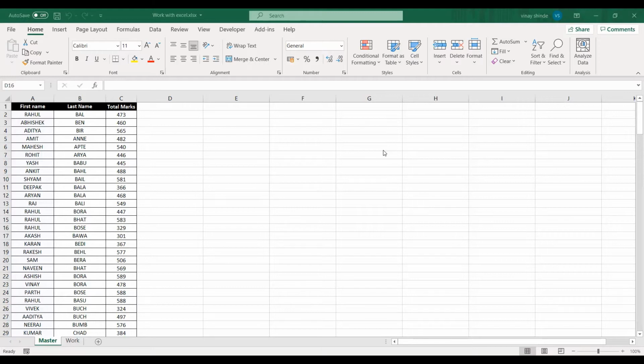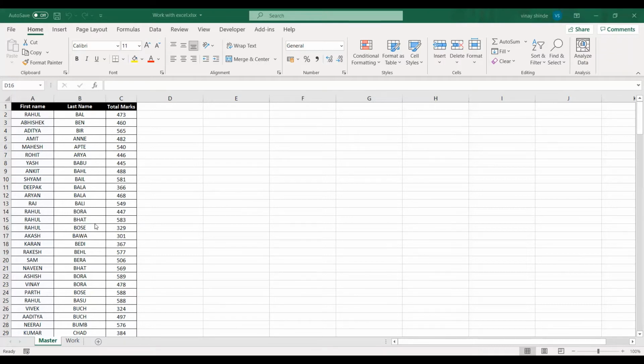So today's topic would be VLOOKUP. Now generally when VLOOKUP is taught, only the basic formula or function is shown, but there are certain limitations or drawbacks, and you may not encounter them while doing theoretical things. But when you use it practically, or when you try to work with it for your actual professional use, you may encounter some problems. So today I'm going to show you what that problem is and how you can overcome it by using one more formula combined with VLOOKUP. So without wasting time, let's start.